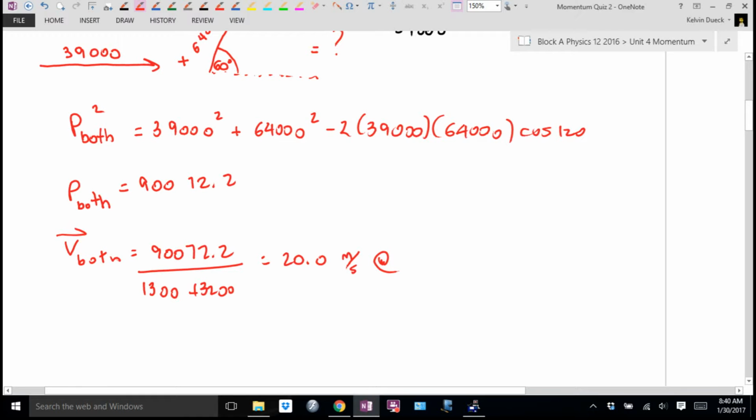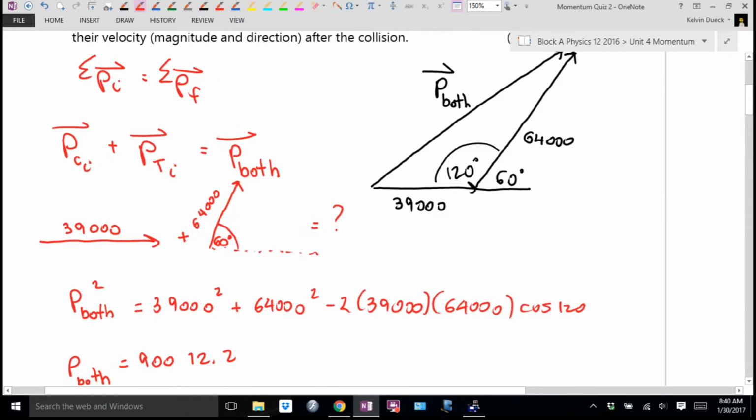Now I need a direction. Oh, this direction isn't too bad. It's always where the vector starts from. I think this is what I'm going to want as my theta. I think I can find that using the sine law. I think I can go the sine of theta over what's across from it